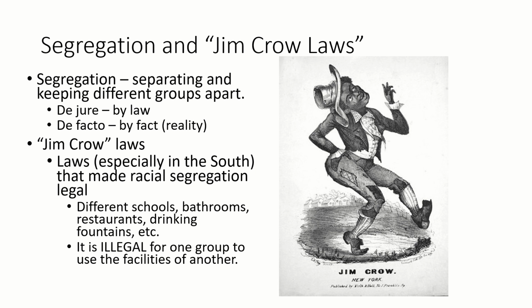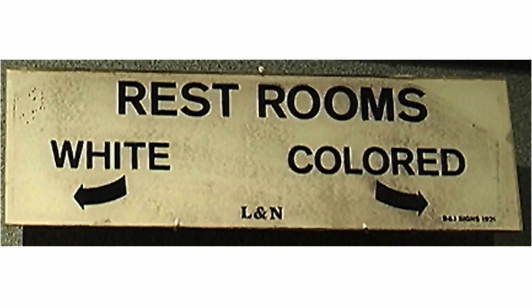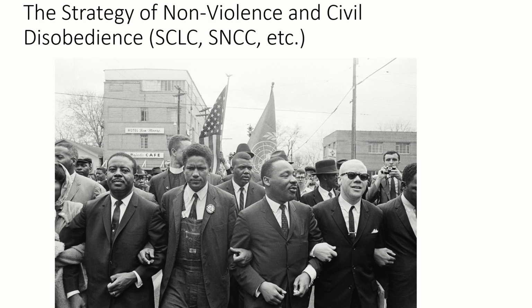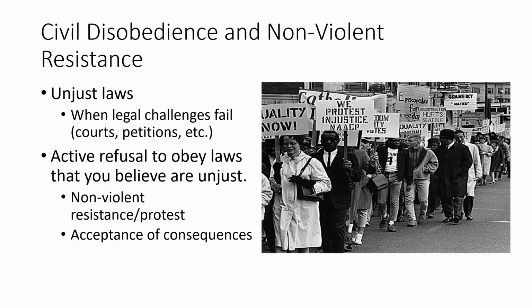This is the type of segregation that is going to plague urban cities, especially our very own city of Chicago. And so these are kind of the iconic images of segregation in the United States that we associate with this concept of Jim Crow. And so the million-dollar question becomes how to push back against a system that you see as oppressive. How do you agitate for your rights? And so early on in the civil rights movement, there are going to be a lot of debates about the proper strategy to take. But by far, the most famous organizations, the Southern Christian Leadership Conference, the Student Nonviolent Coordinating Committee, are going to favor the strategy of nonviolence and civil disobedience.